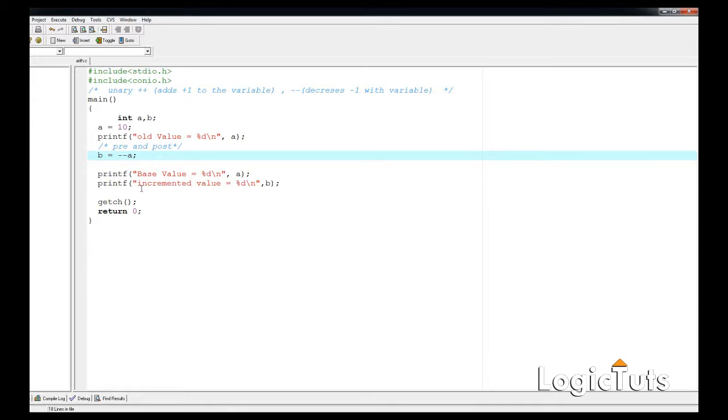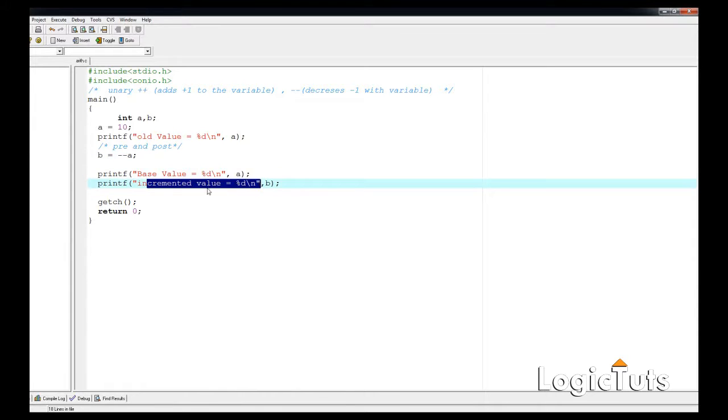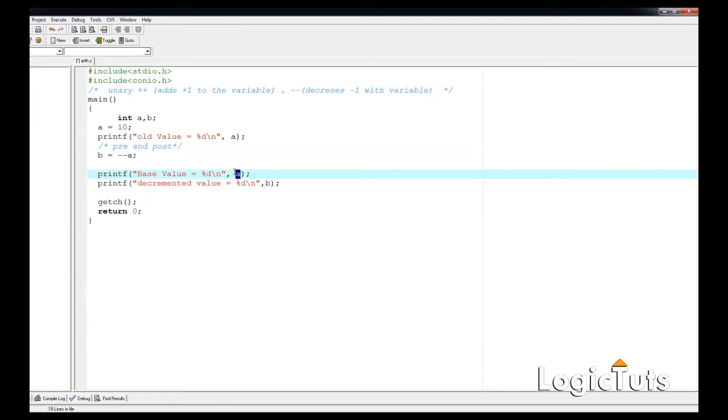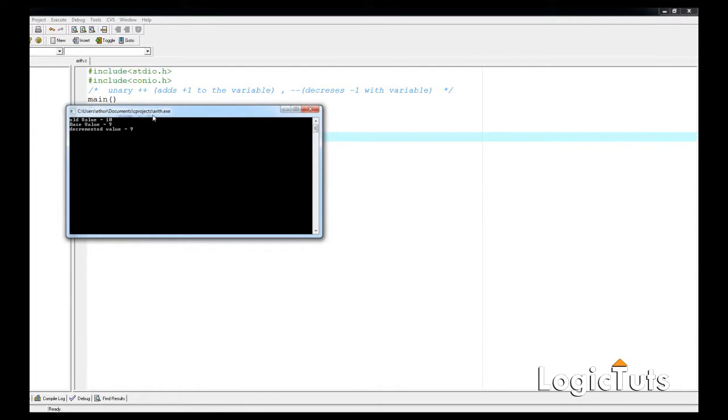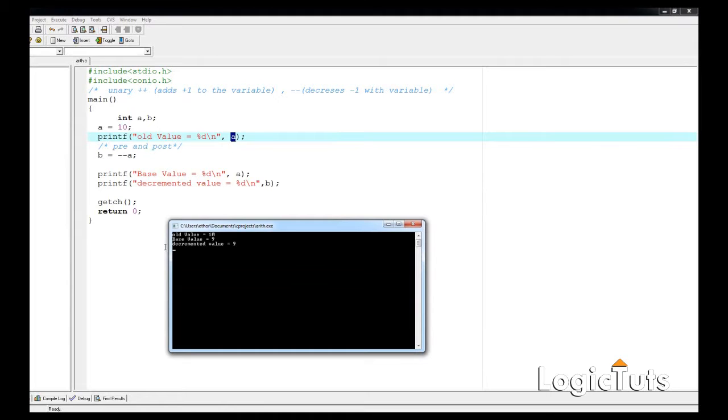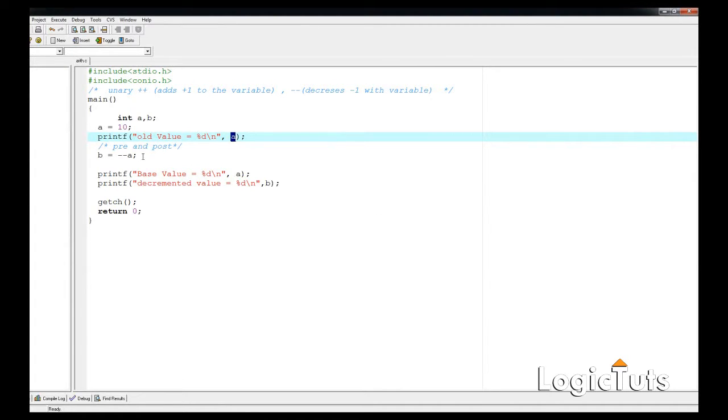That means the decremented value will be 9, and that a will always be 9, again 9, and then this a will be 10. So Control S, F9, and let's see, this gives the exact value we wanted: old value equals 10, base value equals 9, decremented value is equal to 9 too. Okay, so this is how we apply.